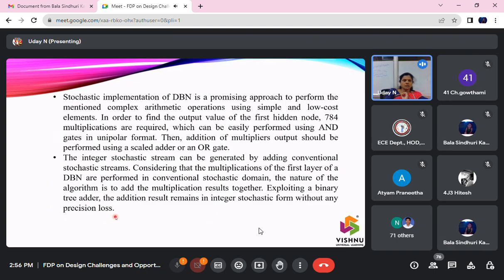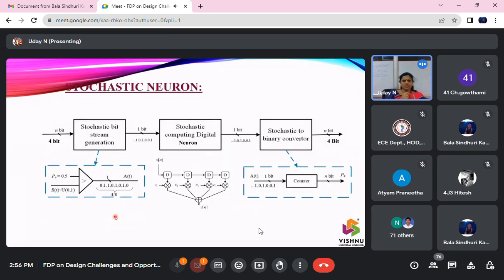So this is a stochastic neuron. We have a normal neuron, which is nothing but a perceptron that takes all the integral inputs, performs a vector to matrix multiplication and then gives an output. Instead of taking integral inputs, which is computationally complex, we are going to implement all these multiplication and addition operations using OR gates and AND gates to reduce the number of computations.